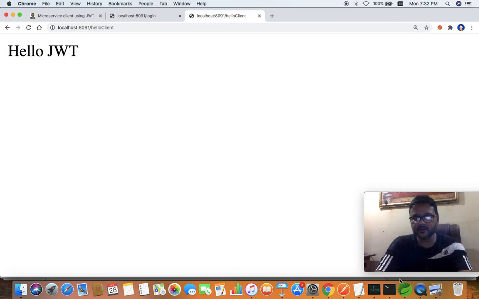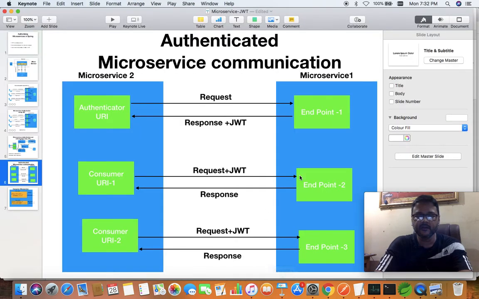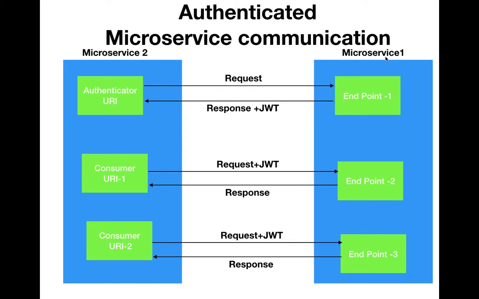That is creating a client of our microservice. That's what I am talking about in this presentation. Microservice 1 is already created, and now in this video we are going to create the second microservice, which will authenticate itself with the first microservice by receiving the JWT in the response.